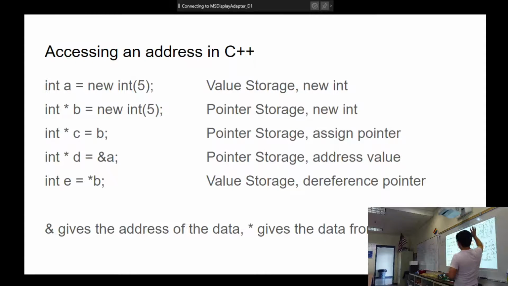So this is all how pointers and addresses work in Java or C++. If I system out print B, what do I expect to see? Do you guys have any ideas? I would see whatever the address location of that is. If I system out print B with ampersand B or star B, what would print out? What do you think? Is that true? 5? And what if I did ampersand B?